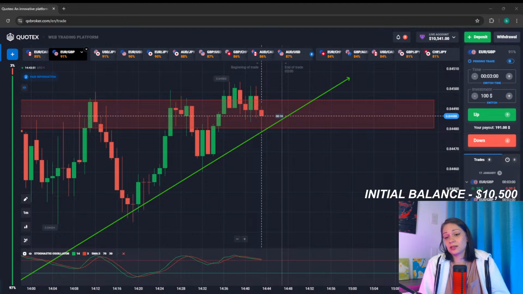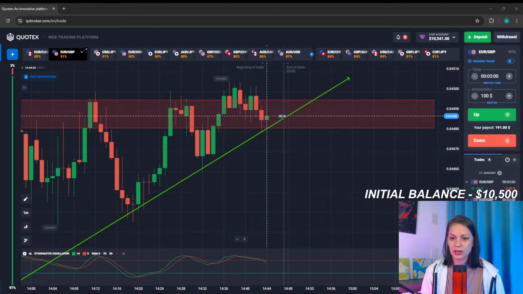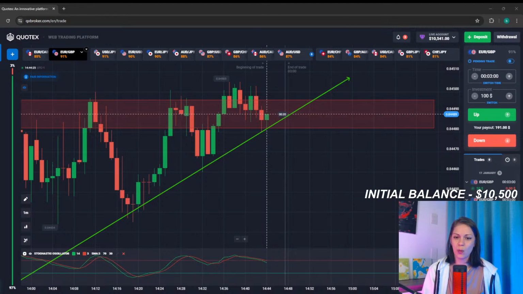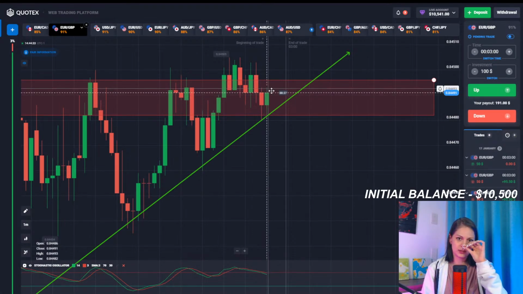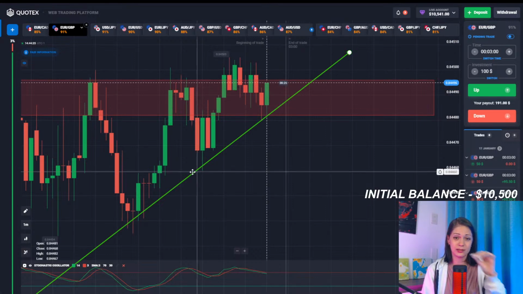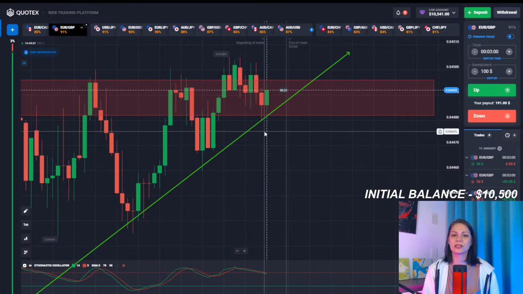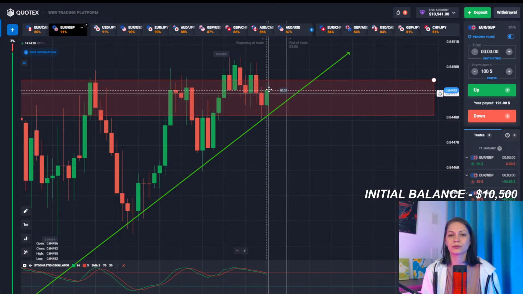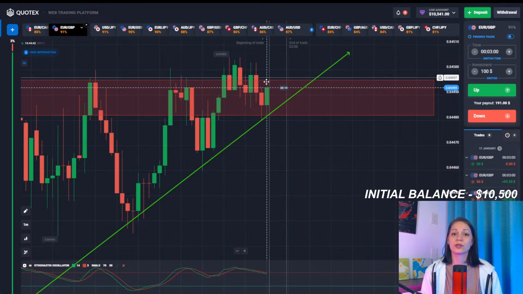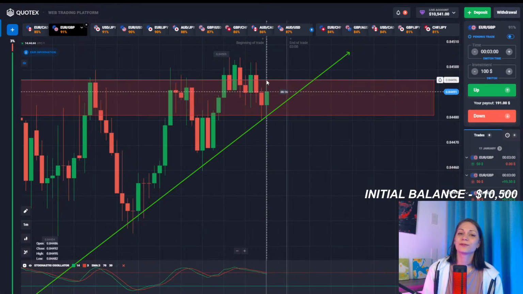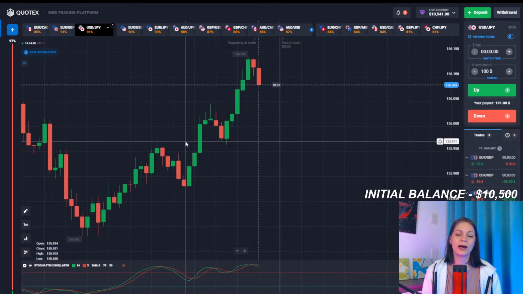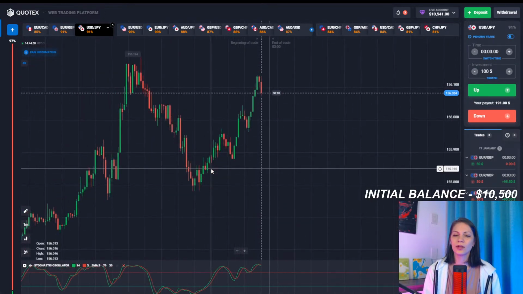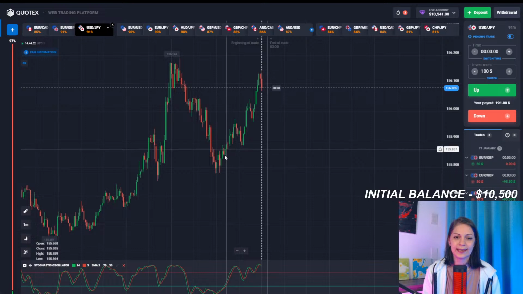Yep, that's right. Should enter at resistance. What? If you're talking about me entering into a deal here for a downward trend, that's definitely a bad idea. That's too risky. See how well the trend line works. Here I would only enter into a deal for an upward trend, but for now I'm waiting for the price to break through the resistance level. So I'm gonna move on because I don't want to risk it again.